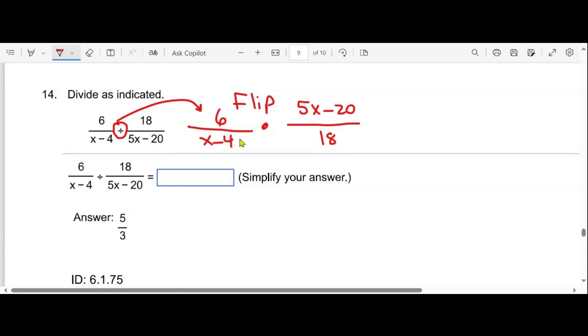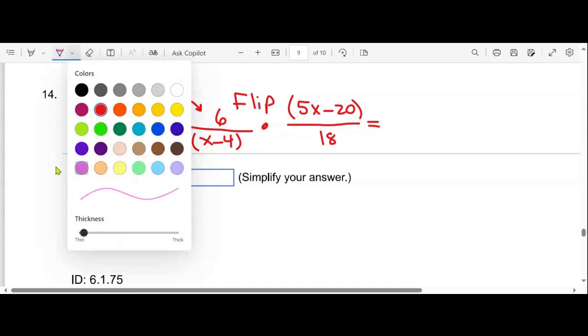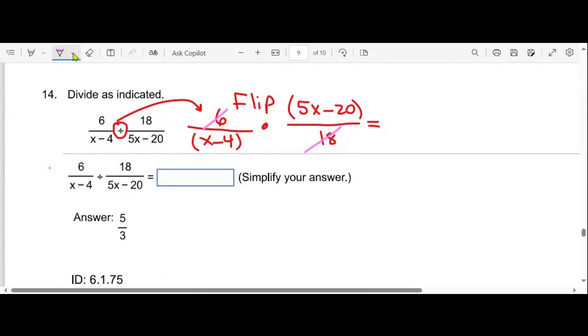Very good. So now can I solve it? What should I do now? The operation is called the multiplicative inverse. Can I cancel? Yes, I can cancel 6 with 18. What do you get? 6 and 18, what are you gonna get? 1 and 3, right? You divide by 6, you get 1, and here you get what? 3, right? Now I have 1 over x minus 4 times